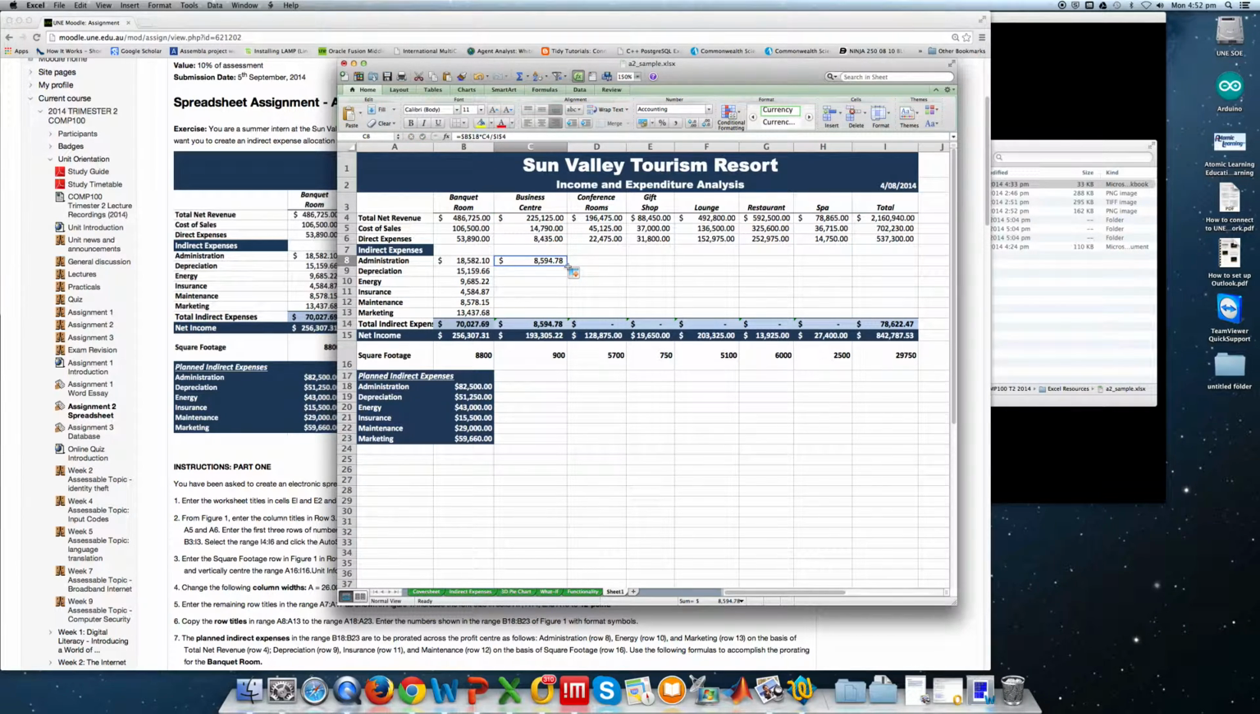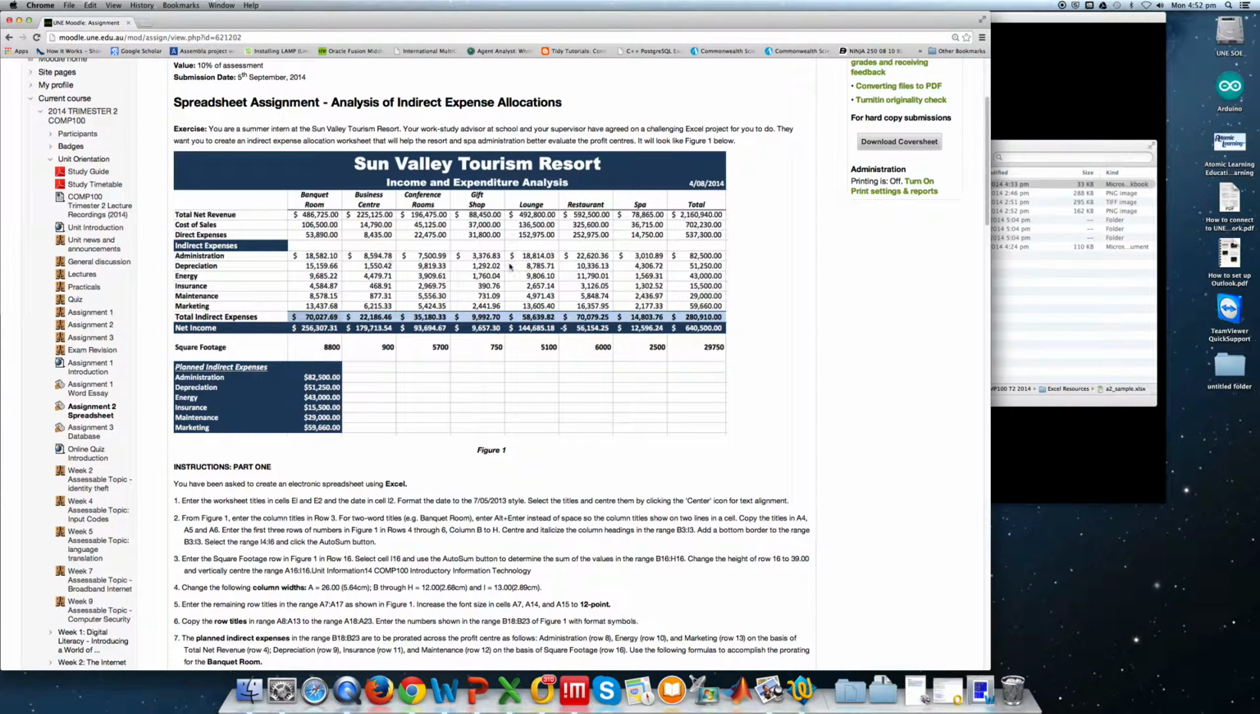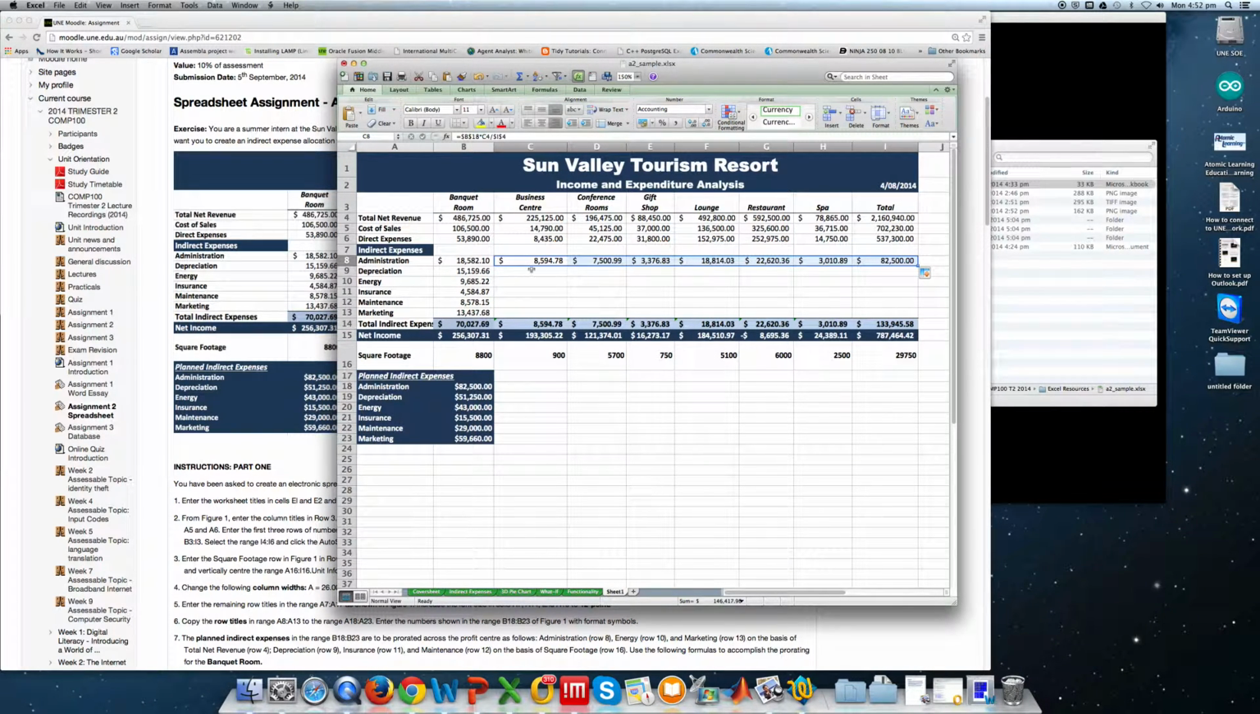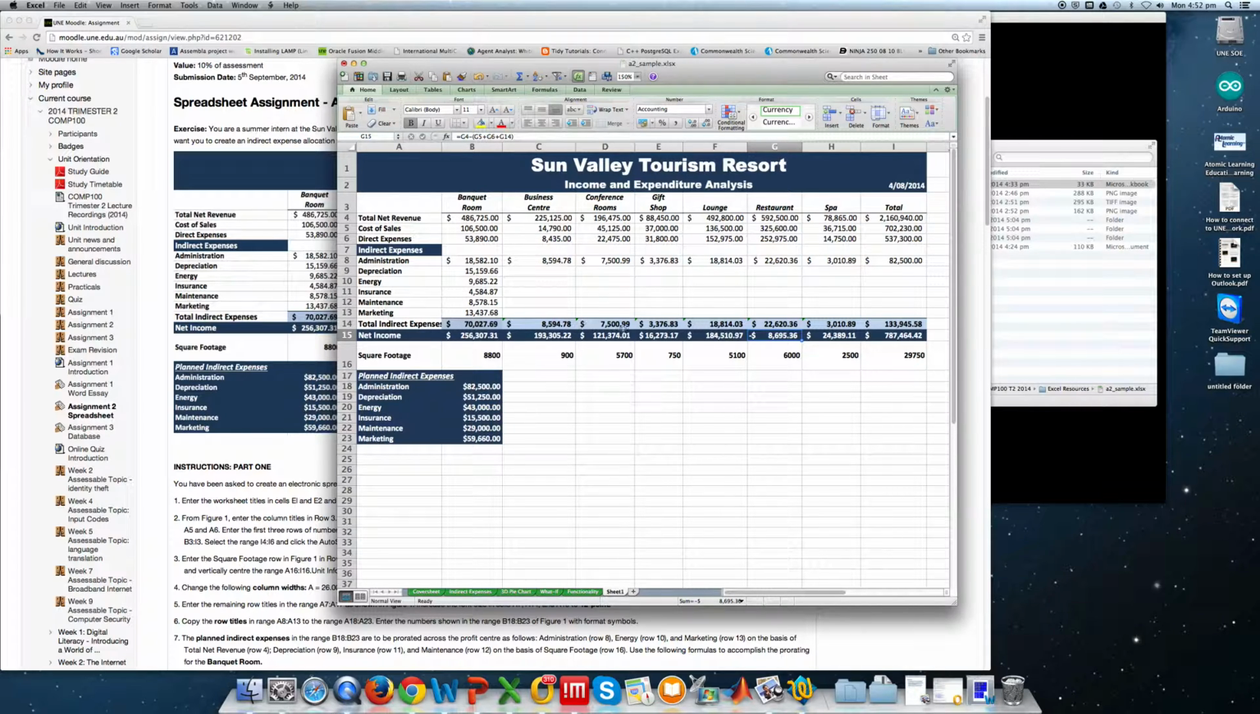So we can repeat that process right across the worksheet here, across all columns for the administrative indirect expense, and it calculates all of those as we require. So that's the process you need to follow for each of those different indirect expenses, and then simply using the sum function, we can add those up to get our totals, and we need to use an appropriate formula in our total indirect expenses row there to calculate the totals for